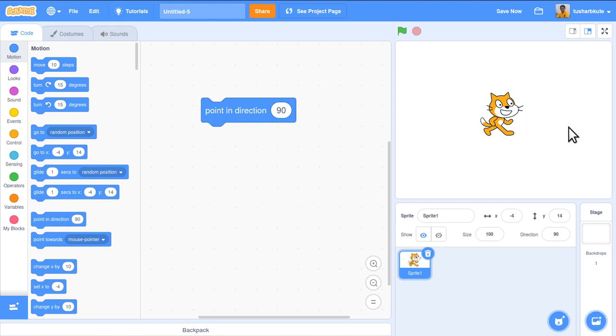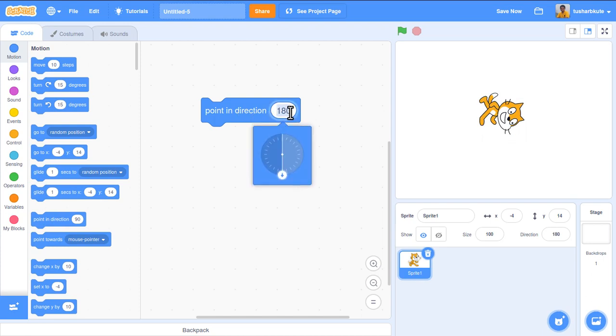Now I want to change the direction to 180 degrees. 180 is exactly the down direction. So click. Now see, it's moving downwards.